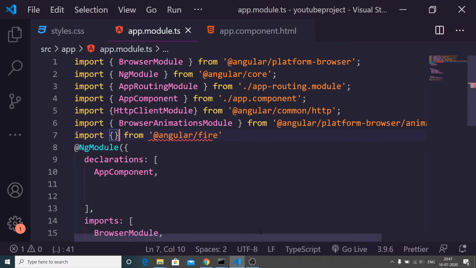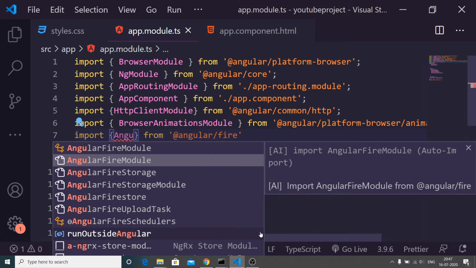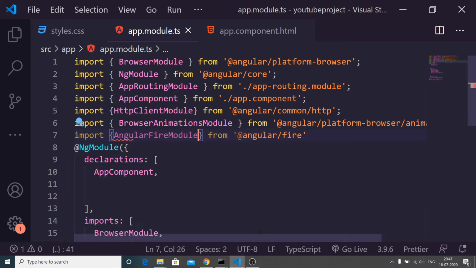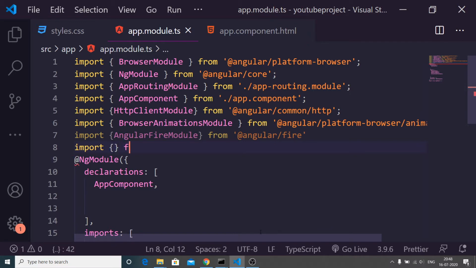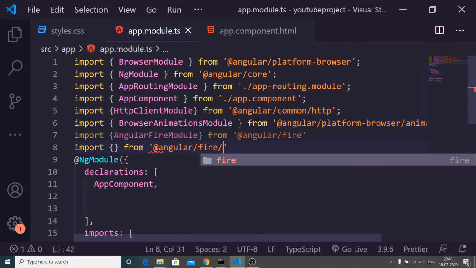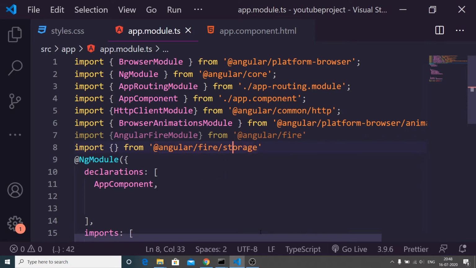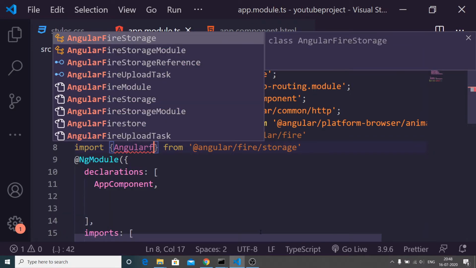So inside this we need to import one dependency, which is AngularFireModule. So import this, and also we need to import the AngularFireStorageModule. So just write this line, @angular/fire/storage. So from this we need to import AngularFireStorageModule.